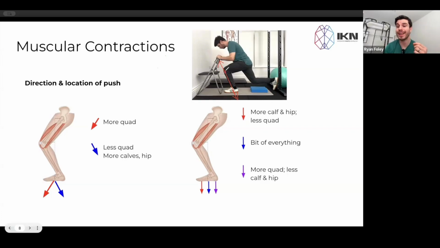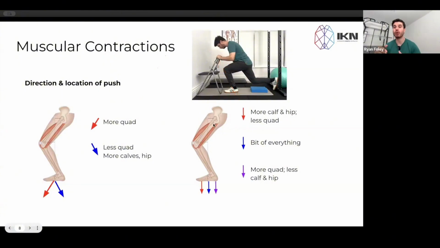So it's going to put much less demand on the knee. But I've just increased the distance between that external force vector and the hip joint. So I'm going to increase the challenge on the hip extensors just by manipulating the direction of my push. Okay. Now, if I was to, for example,